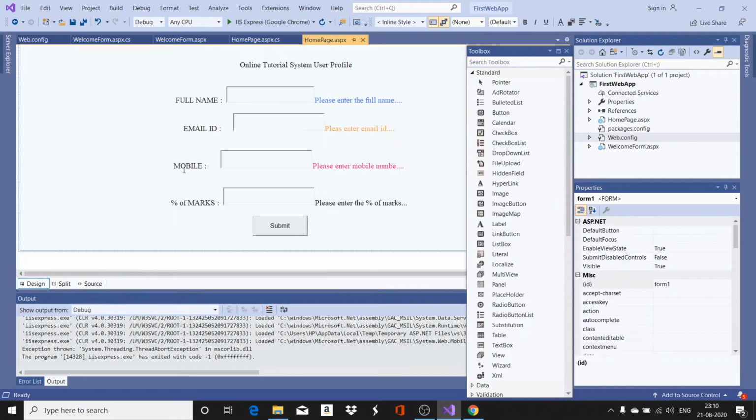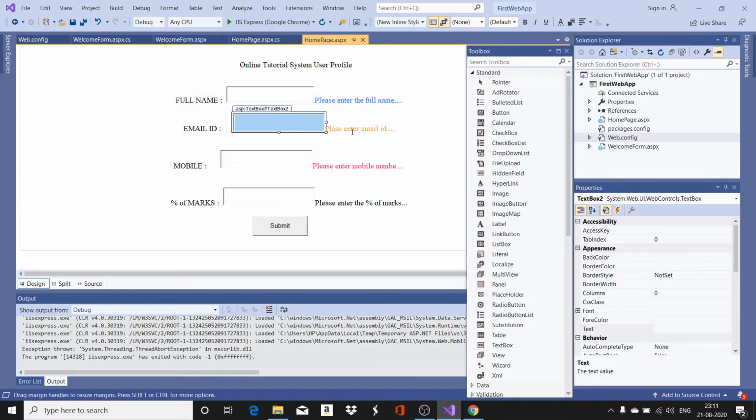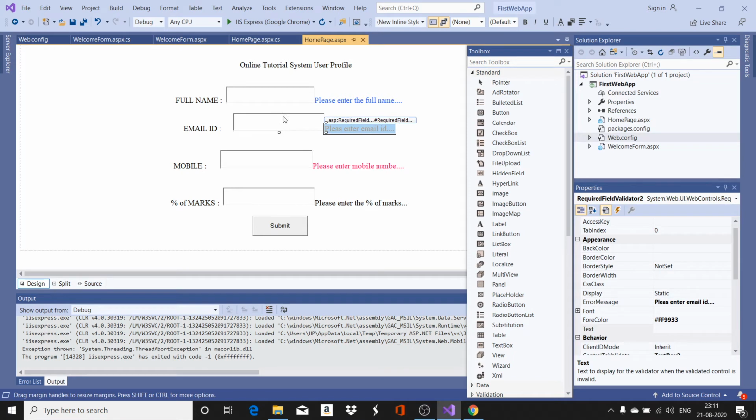When I enter an email ID, it should be a valid email ID, and the percentage of marks must be in the range of 0 to 100. I have already added one required field validator for this. Now I am going to add one more validator for the email ID.